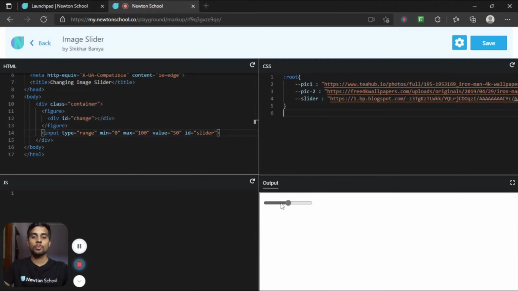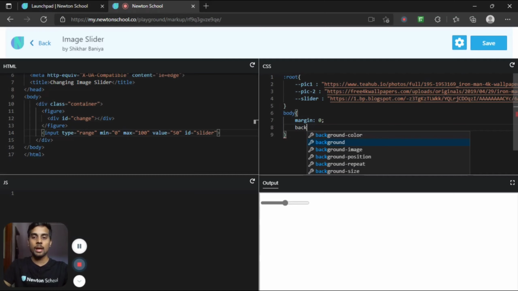So on the output, we have this slider. Now let's style it in CSS. First, let's target the body, and let's set the margin to 0. Let's change the background color F6F7FC.